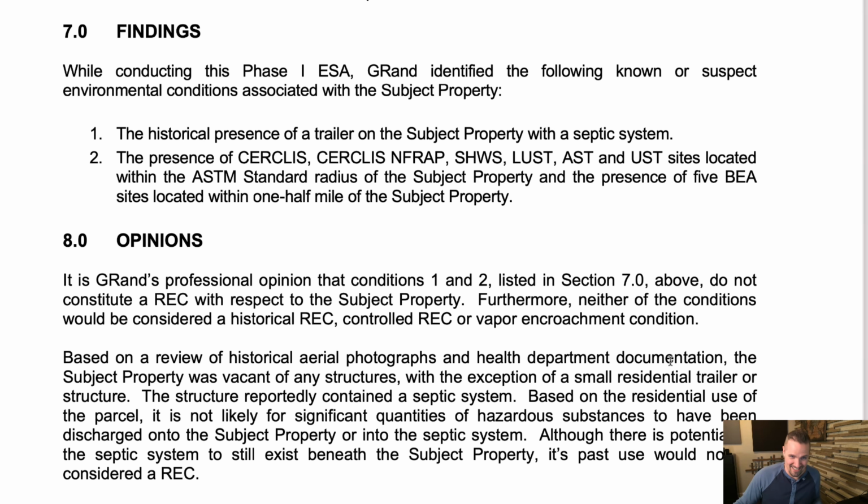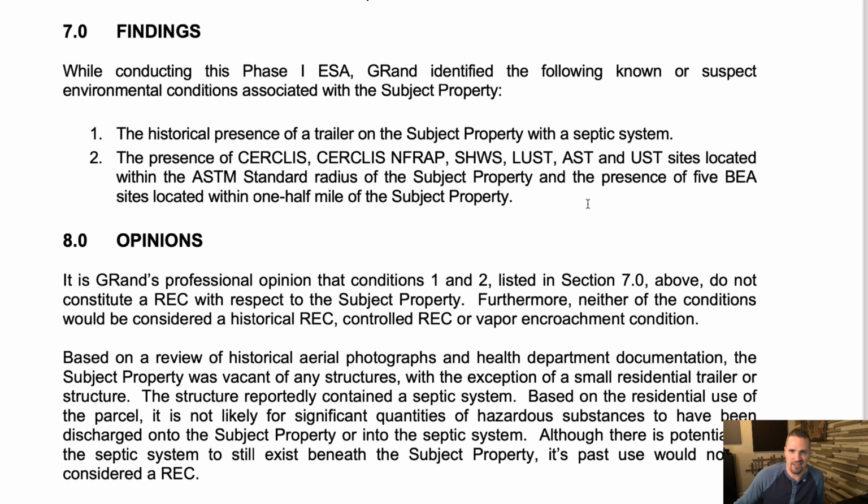Now, findings 7.0. So this is one of those super important parts of the report that people just zoom to and skip a lot of the stuff I just showed you. Because this is really what we're after, is what was found on the property. What are the opinions? What are the conclusions? Are there RECs on the property or not? If there are RECs, what are they and why are those considered RECs? And if there's not RECs on the property, why not? Why were those other issues not considered recognized environmental conditions?